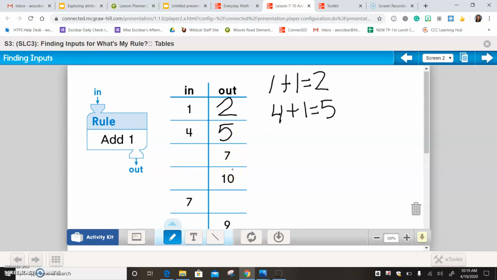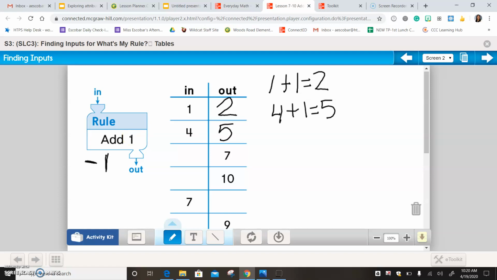And so this is going to be a little similar to Mrs. DeCenzo's video and how she taught you that sometimes you have to do the opposite of the rule. And that's what you're going to be doing today. So when you do not have the in number, you need to do the opposite of the rule. So first I need to figure out, okay, what is the opposite of adding 1? The opposite would be